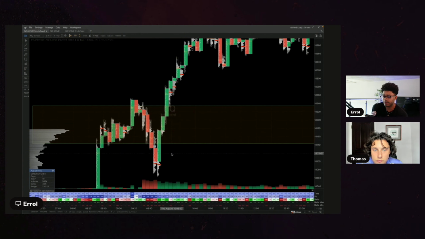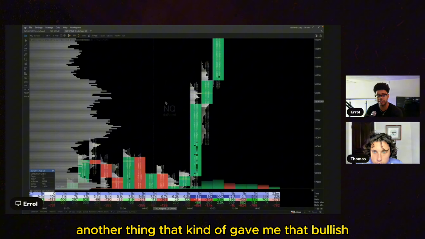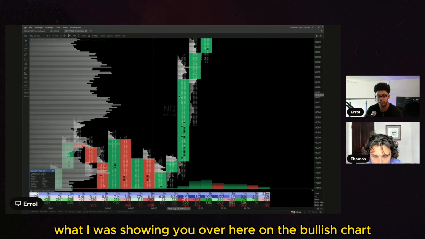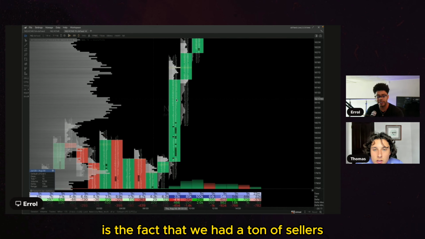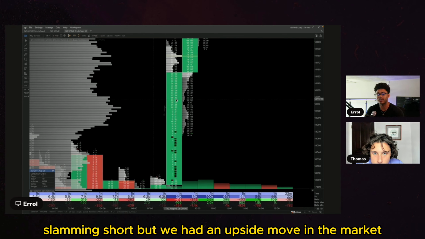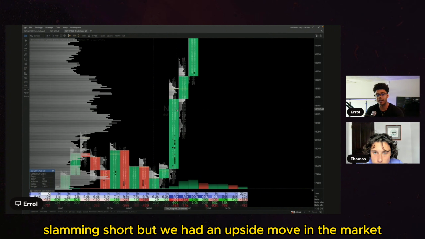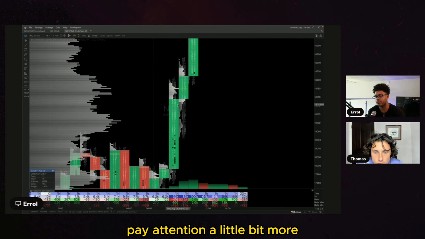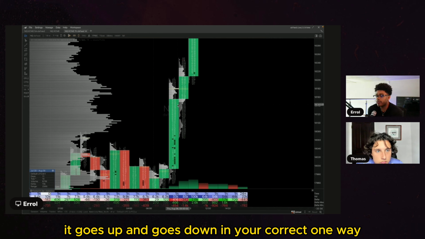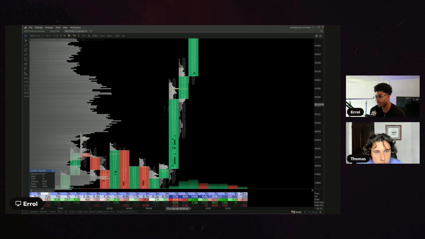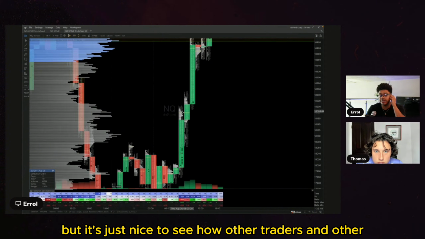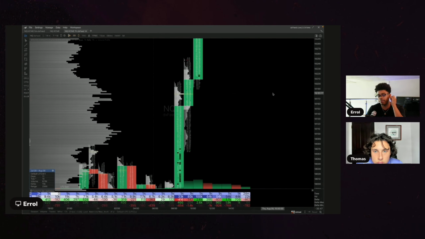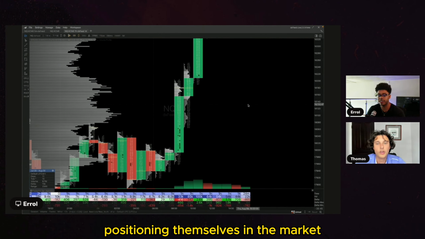Another thing that gave me that bullish bias was what I was showing you over here on this hourly chart: we had a ton of sellers slamming short, but we had an upside move in the market. That's something that tells me to pay a little more attention. It goes up and goes down, and you're correct one way. It's all feelings. No, I hear you. But it's just nice to see how other traders and market participants are positioning themselves in the